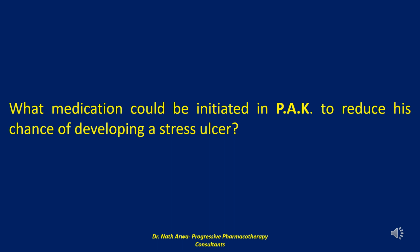A meta-analysis of 14 trials and 1,720 patients found that proton pump inhibitors reduced clinically important upper gastrointestinal bleeding and overt upper gastrointestinal bleeding compared to H2 blockers. An area of debate is whether a patient who is receiving full caloric supplementation through tube feeds requires